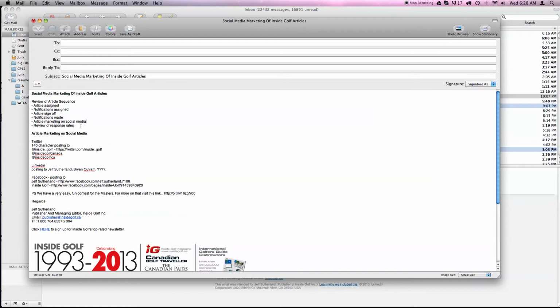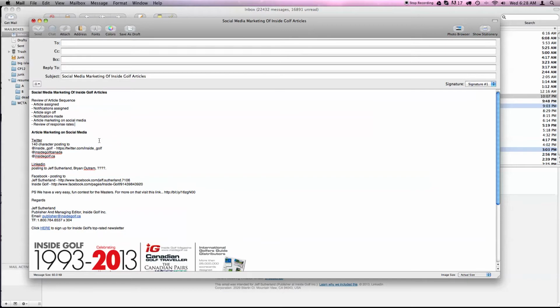We may add in a review of response rates, doing that on Google Analytics, or you can actually use it if we shorten a URL using Bitly. You can actually track it there too, how many times an article is viewed. So just to quickly run through the three social media items that we use, we have Twitter, LinkedIn, and Facebook. Now,